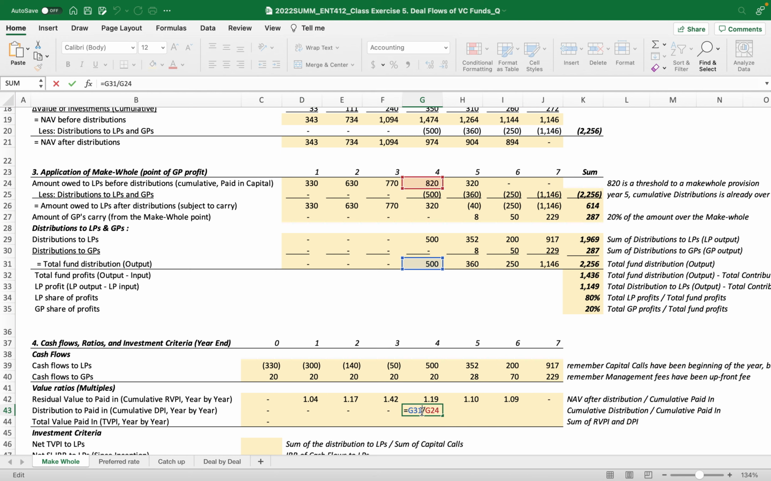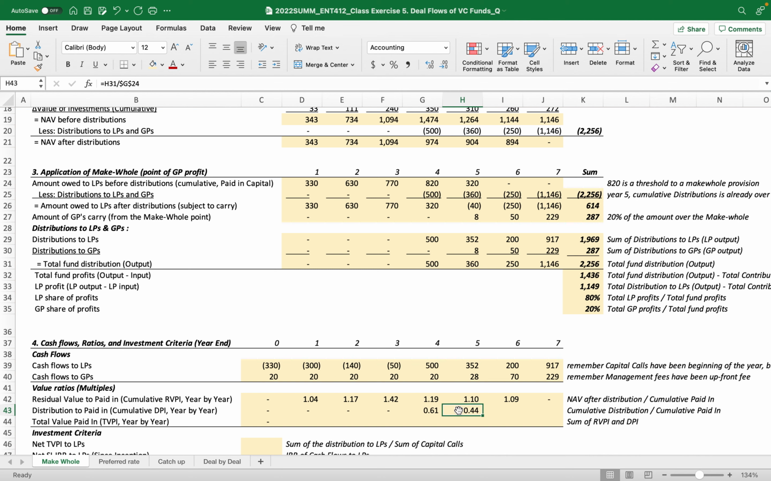But from year 4, this distribution, total fund 820, now distribute at 500, right? The same way, the total investment, right? The paid in amount is not 320, but this amount. I want to just fix this. And then,